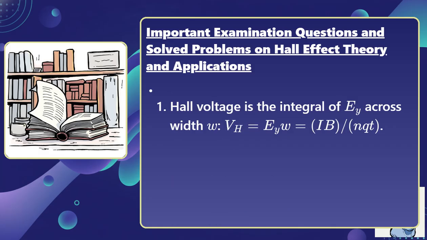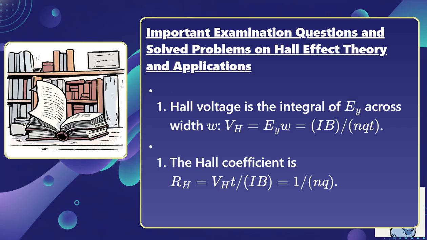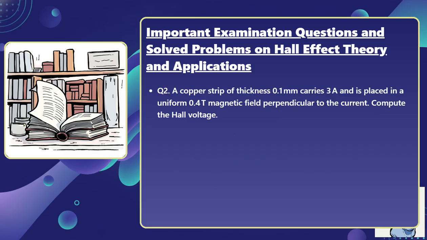Step 4. Hall voltage is the integral of E_y across width W, giving V_H = E_y W = I B over n q t. Step 5. The Hall coefficient R_H = V_H t over I B, which equals 1 over nq. Question 2. A copper strip of thickness 0.1 mm carries 3 amperes and is placed in a uniform 0.4